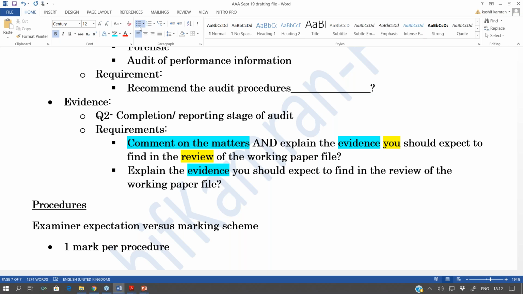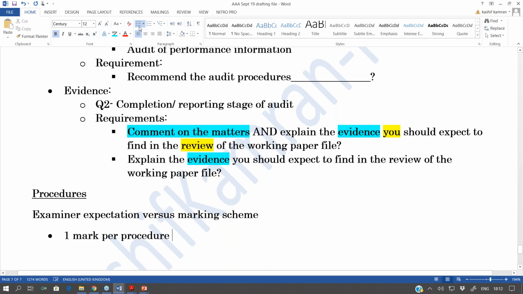So the marking scheme is very simple, right? 1 mark per procedure. But what is the examiner's expectation against this 1 mark? When will the examining team reward you this 1 mark? So let's see the rewarding process of this 1 mark per procedure. Now, when you look at this 1 mark per procedure versus the examiner expectations,